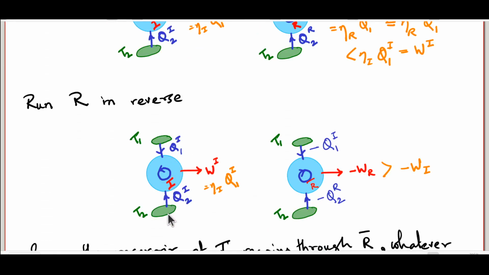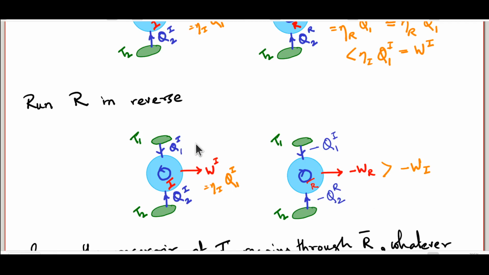In fact, we did call it an irreversible engine, but at this stage we don't really know whether it's irreversible or reversible. The only point is I don't know whether it's reversible, so I'm not even going to try to reverse it. But I can definitely reverse this one. And it will take minus Q2R amount of heat from T2, which is of course now a positive amount, minus Q1R or minus Q1I, which are the same thing from here, and do minus WR amount of work. But note that because WR was less than WI, minus WR is a negative amount which is actually bigger than minus WI.